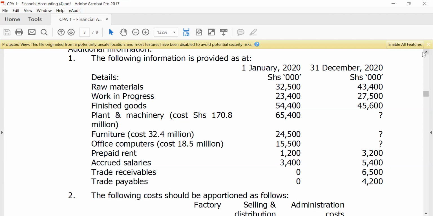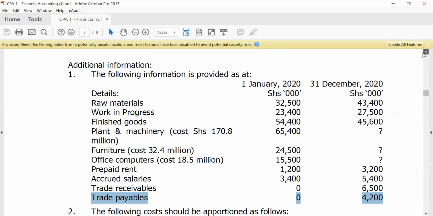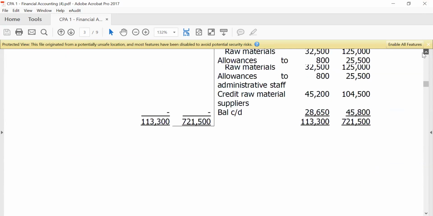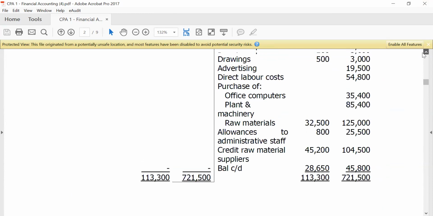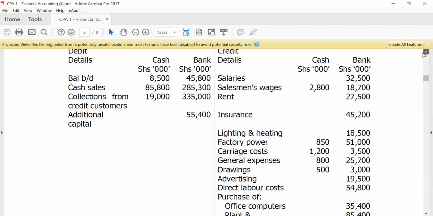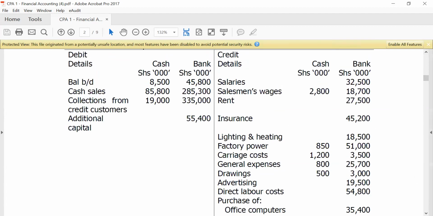Because purchases are related to payables. These payables come as a result of purchases. It's after you have bought on credit that you have trade payables. So we use this information that has been provided for trade payables and any other information, especially when it comes to the payments made. We're going to use the payments made. I don't know if we have any payments made here. We don't have any payments that are being made